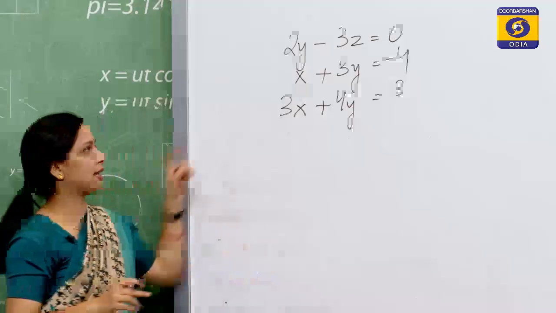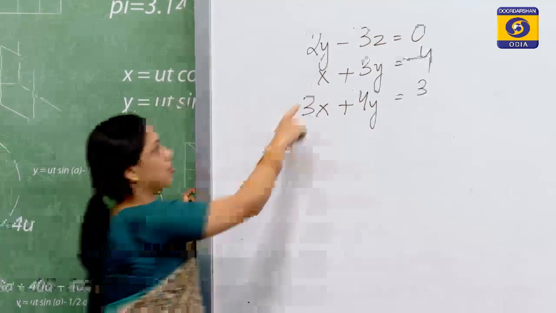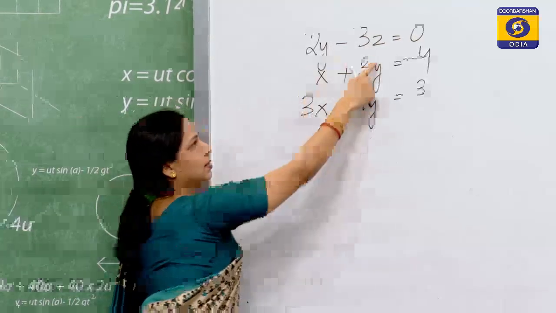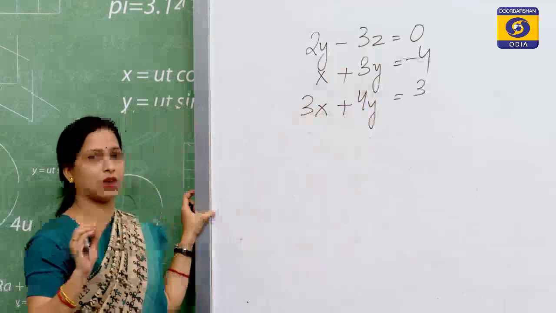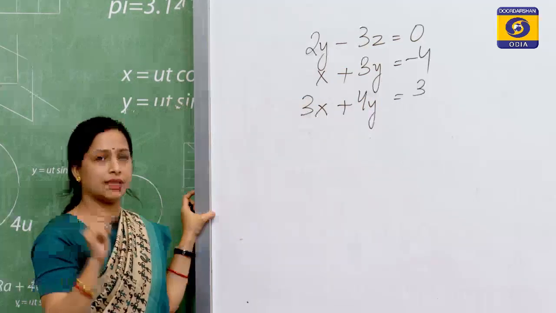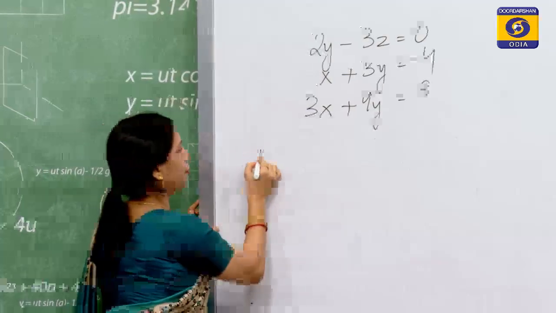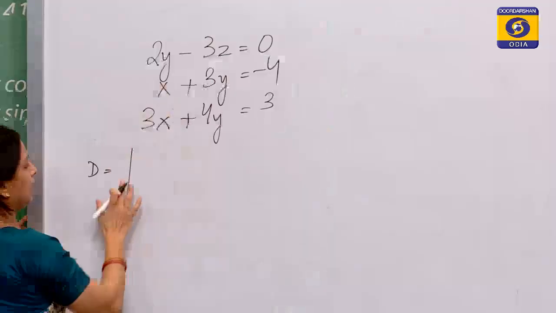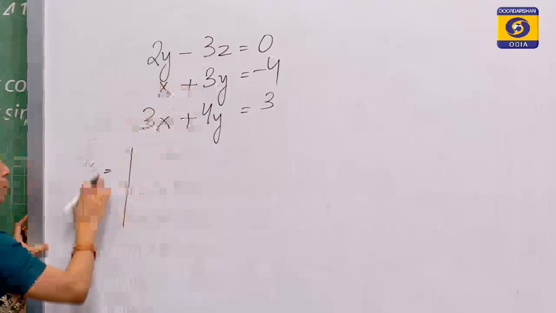Now, here you can see there are actually 3 unknown variables, because there are 3 equations. So, x, y and z, but in all the equations all the unknown variables are not shown. So, what do we do? We take it as 0. So, when we are finding the coefficients, they will be like this. Let us first arrange it. Okay, so it is in order only.